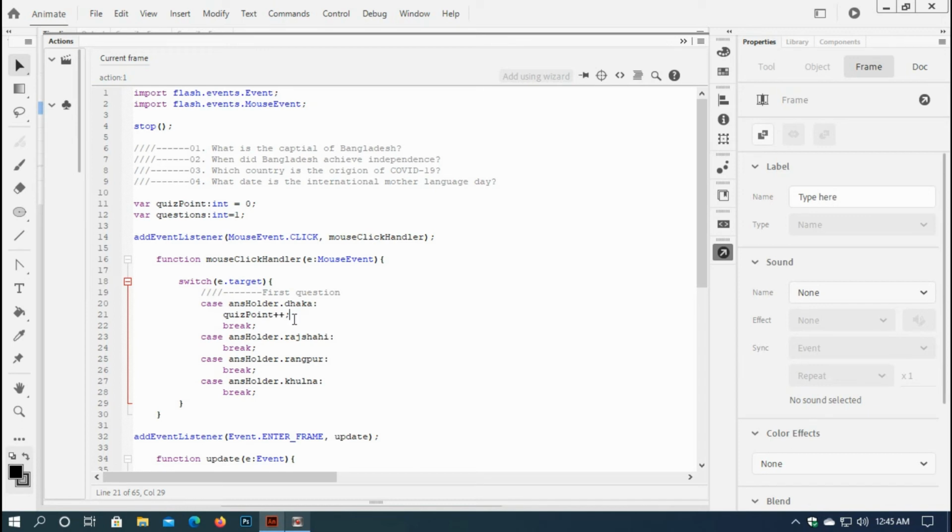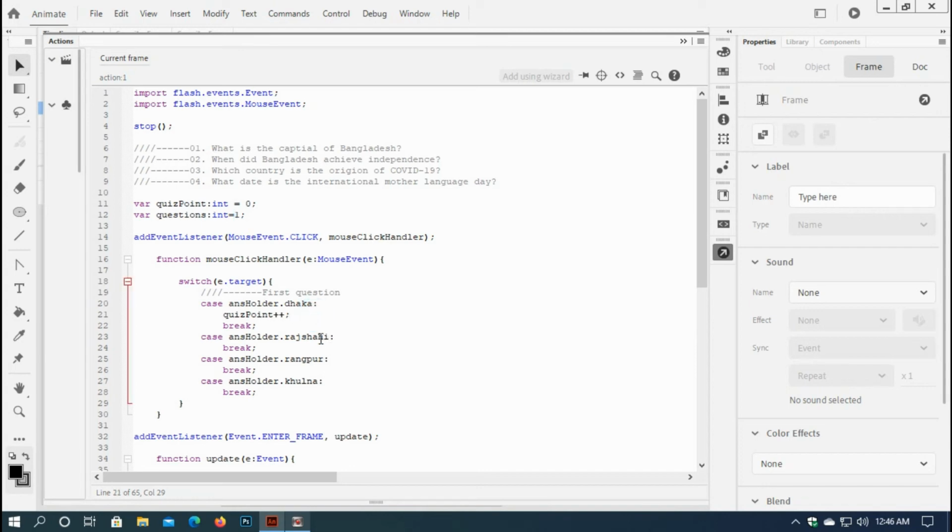I will explain later on why I didn't give minus below this incorrect answer. Okay, no problem. And also I want, when I click any of the answers, I'd like to